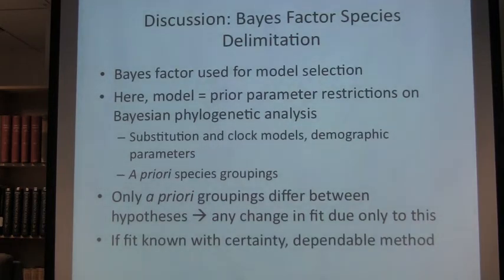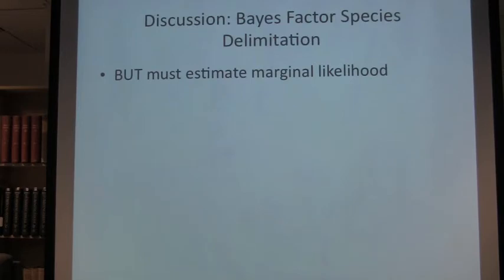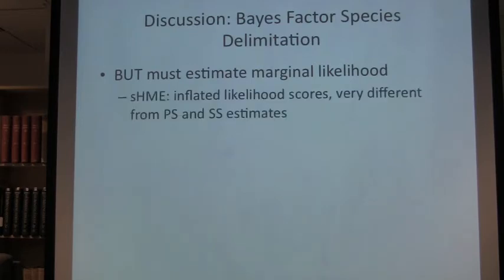So if this fit is known with certainty, if the marginal likelihood is known with certainty, this is a very dependable method of species delimitation. And the problem here is that we have to estimate the marginal likelihood. Previously, the smooth harmonic mean estimator, which was one of the only methods ever used for this, made this very problematic. My study recovered similar highly inflated likelihood scores estimated under the smooth harmonic mean estimator, and